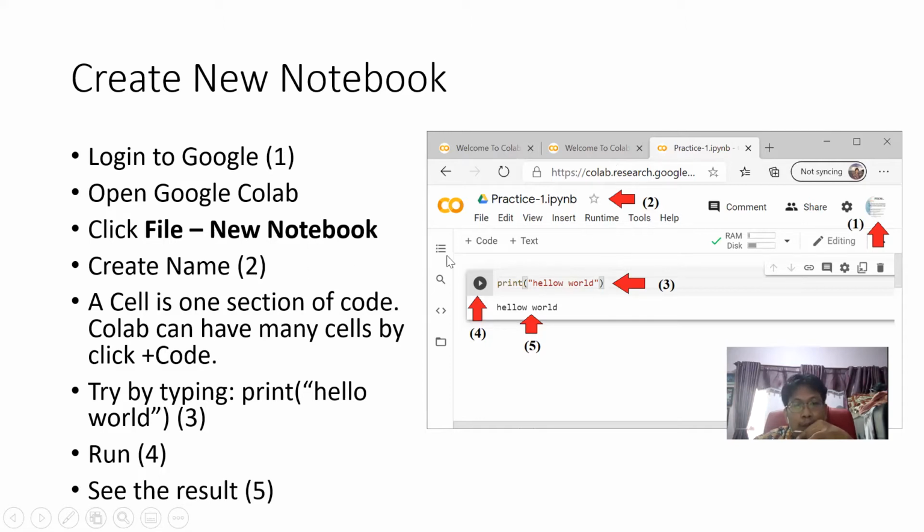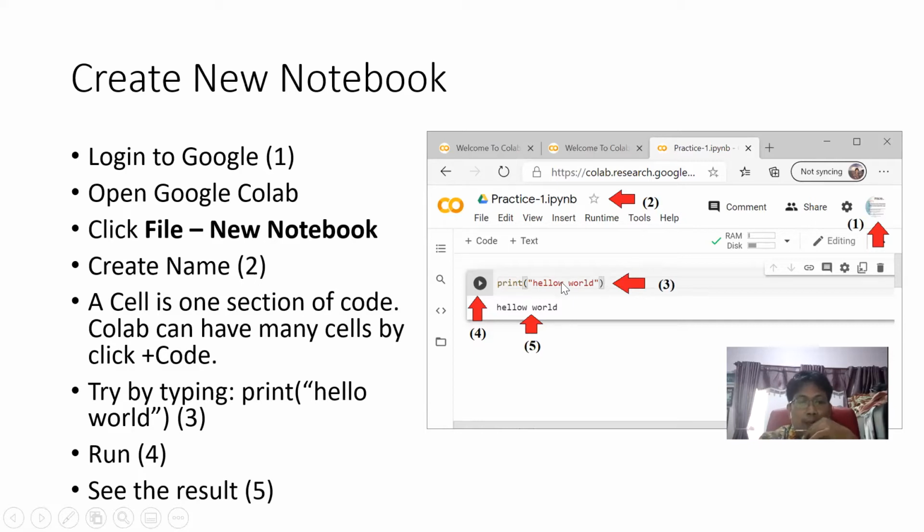And then create the name, and there is a cell. It is the famous improvement in the Jupyter IDE. They use cells, so Google also uses this facility.